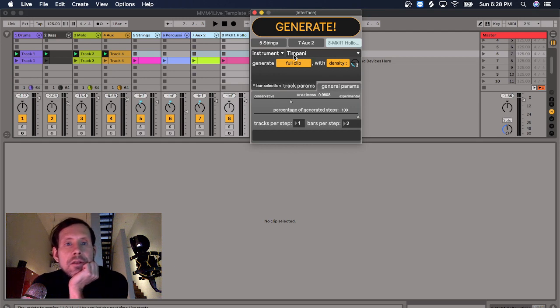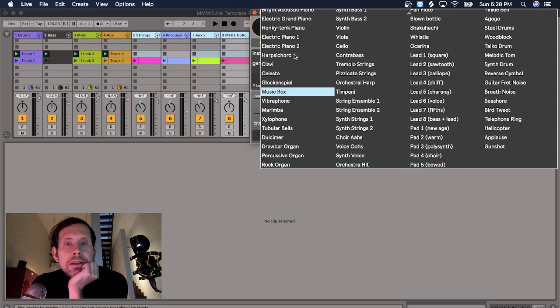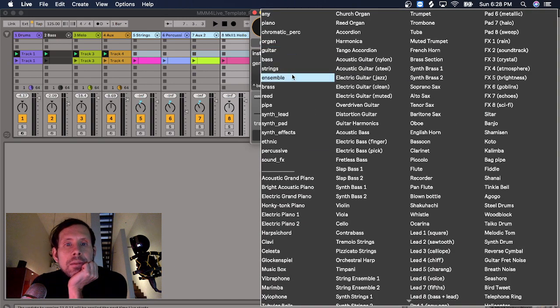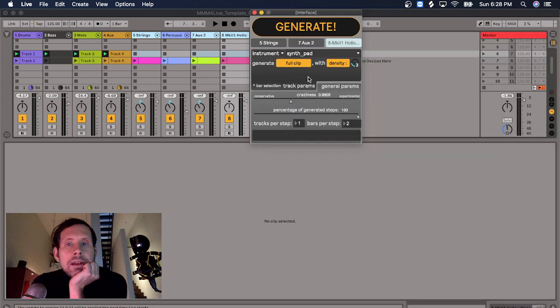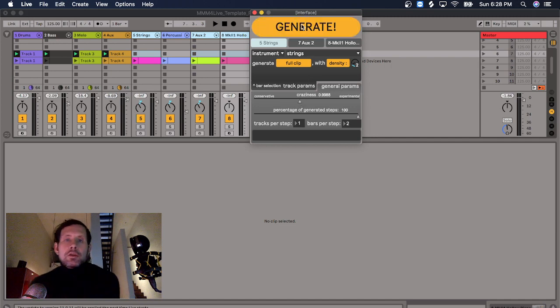And then for the MK2, I'm gonna let the system choose maybe synth pad. Yeah, so it's like a medium density here, the chromatic percussion with the high density, and the strings with the low density. And then let's do all that with a relatively neutral